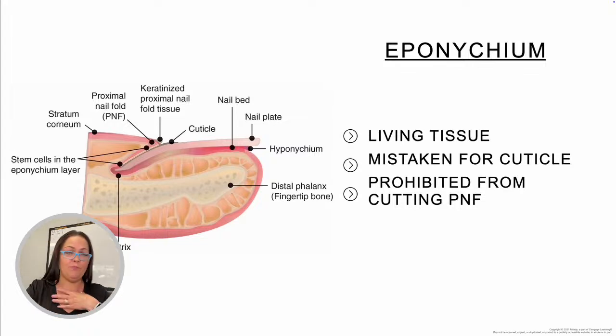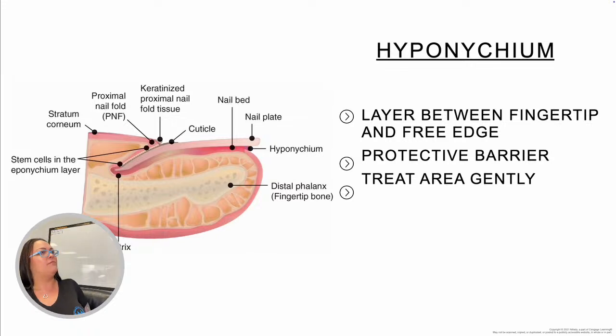Okay, so moving right along. All right, so we talked about the eponychium. Now let's talk about the hyponychium. What does the word hypo mean? You've got hyper and hypo, right? Hypertension. If you have hypertension, that means you have high blood pressure. If you have hypotension, that means you have low blood pressure, right? So the word hyponychium